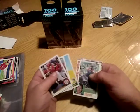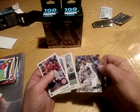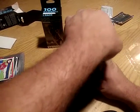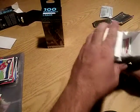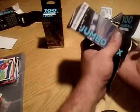Down to our last few. Lee Lacy, Lando, and Jimmy Nelson. Well, looks like our pack's not in the center this time, so